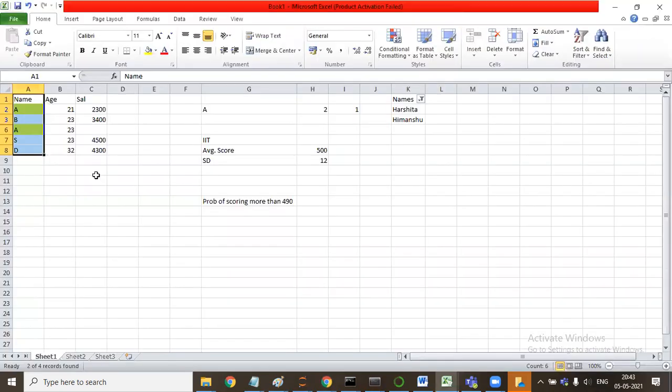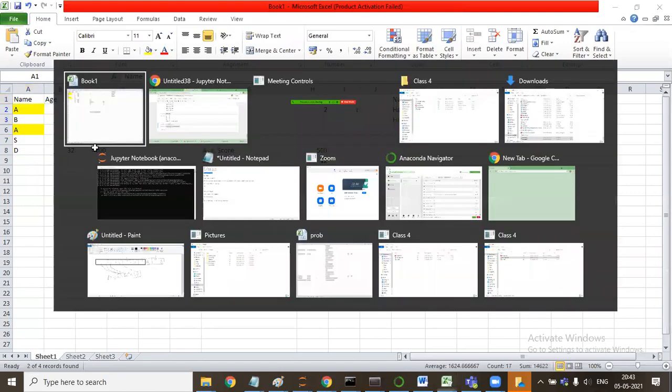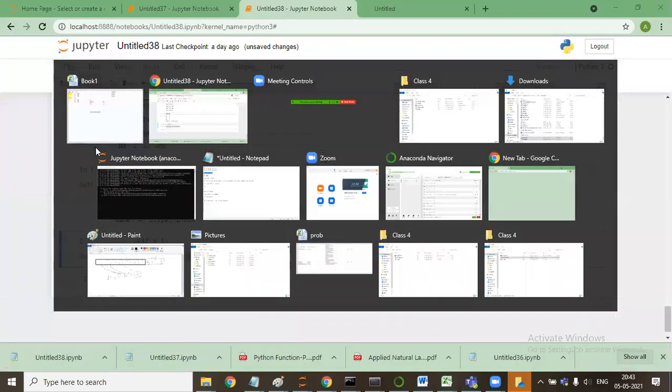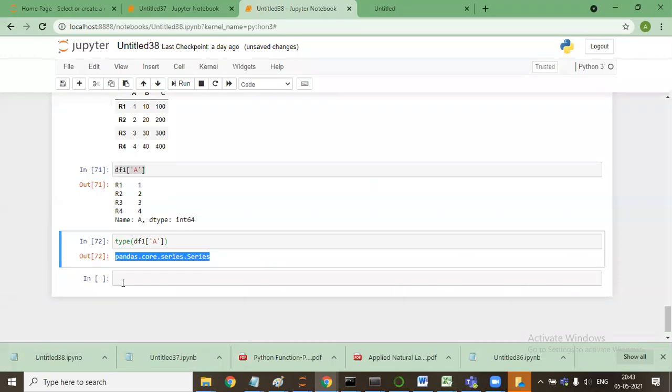So if it is a data frame, this will be a series or this will be a series, but the combination of these series will be a data frame. So same is the thing that is being reflected here. Are you guys with me?